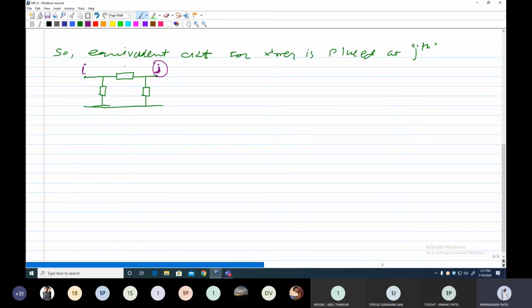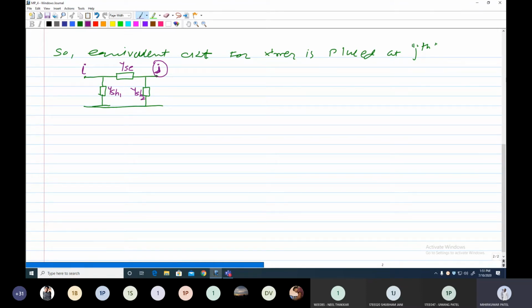This is your I. Here we have YSE. YSE means series admittance. Here we have YSH1, that means shunt admittance 1. Similarly here YSH2, shunt admittance 2. Now can anyone help me to write down the value of these series and shunt elements